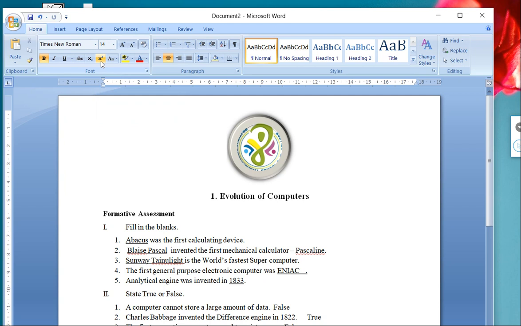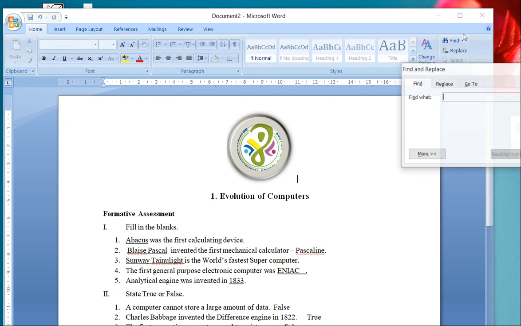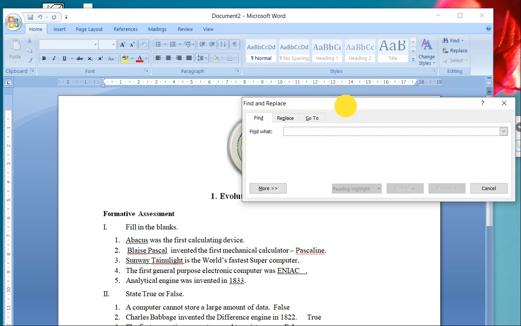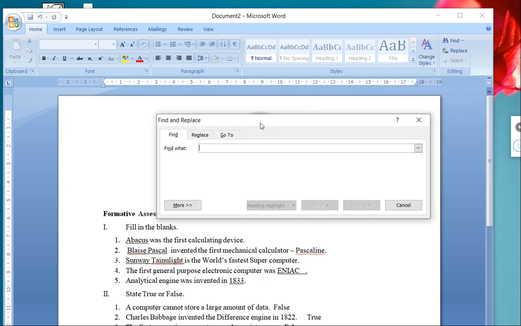The next point we saw in the last lecture is Find and Replace. So how to go to Find and Replace? You have to go to the Home tab. In the Home tab, you go to the Editing group. In the Editing group, we have the Find option. One more thing, students, for Find we have a shortcut key combination, Control plus F. So you press the Control and F keys together to get the Find option. I'll show you one more time. I'll press Control F. So this is our Find menu on our screen.